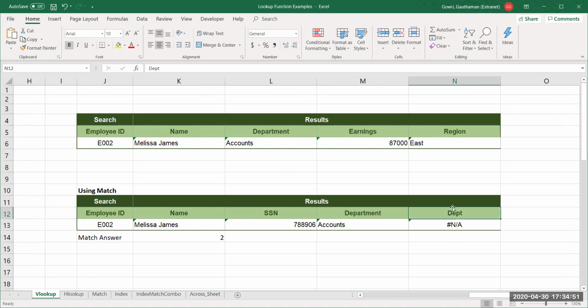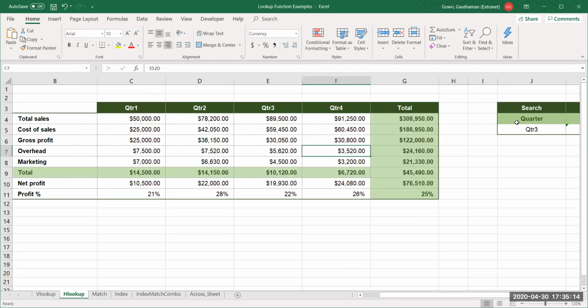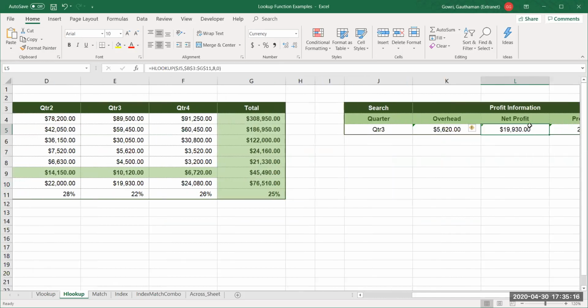So let me change it to earnings. So only spelling is important. No matter if you provide uppercase, lowercase, or mixed case, still it takes. Okay. So the same MATCH, I can use it with HLOOKUP also and get the results automatically.